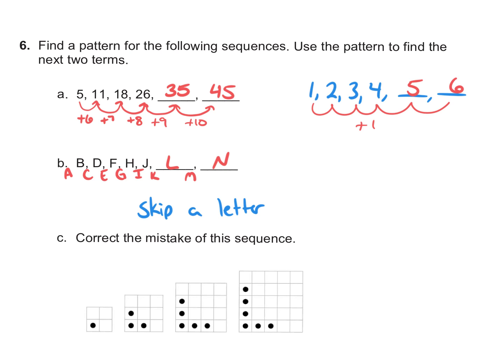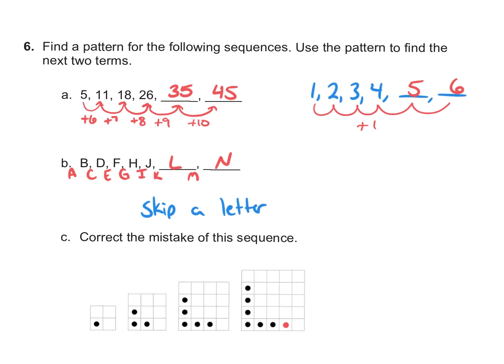Okay, and then part C, it says correct the mistake of the sequence. What mistake did you find? They forgot a dot right here. That's all you had to do on that one. Okay. Now,